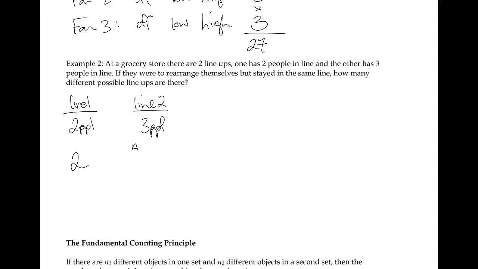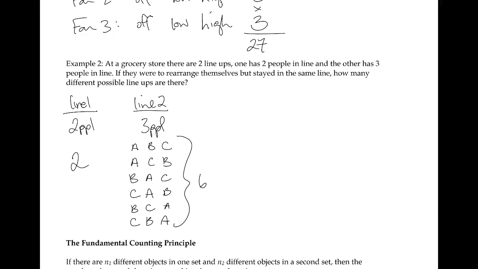Actually, person A, B, C. Then we could also have them A, C, B, and then we could put person A in the middle and go B, C, or C, B. Or we could have person A at the back and go B, C, or C, B. So all of a sudden, this line has 6 options, where this one only had 2, A, B, and B, A. So we've got 2 options for the first line, 6 options for the second line, and so what we get all together is 2 times 6,